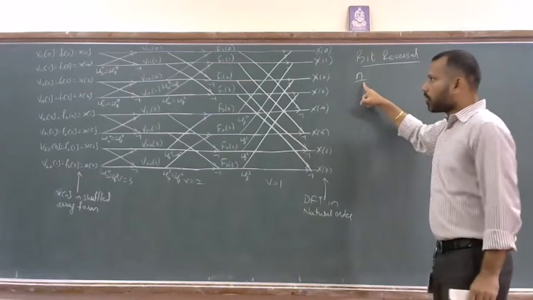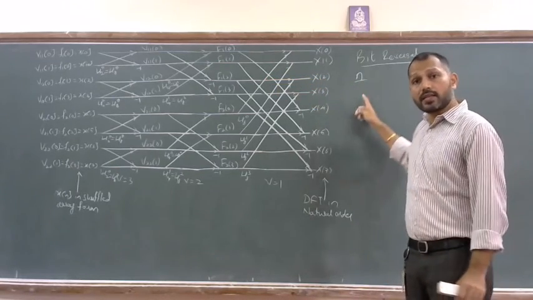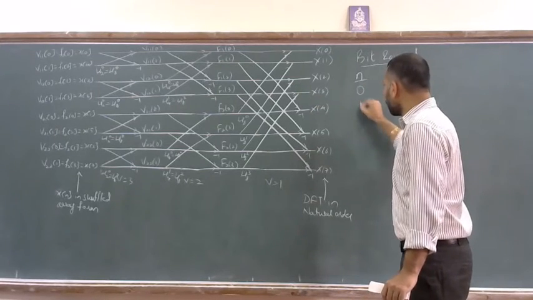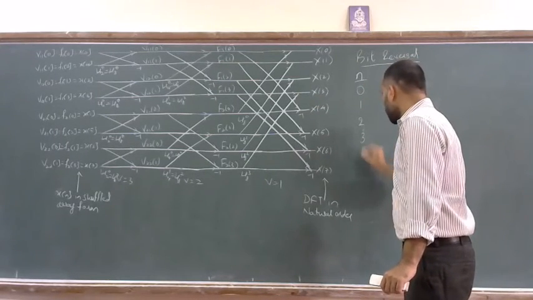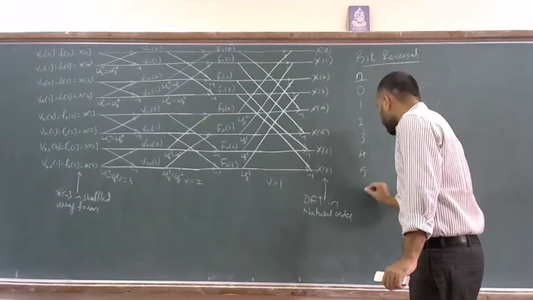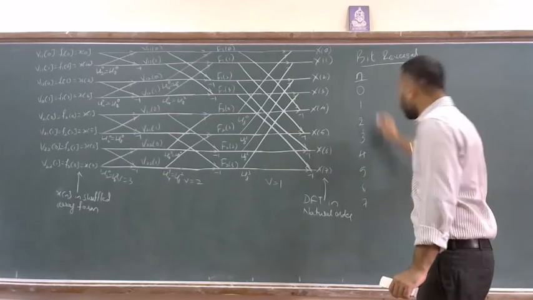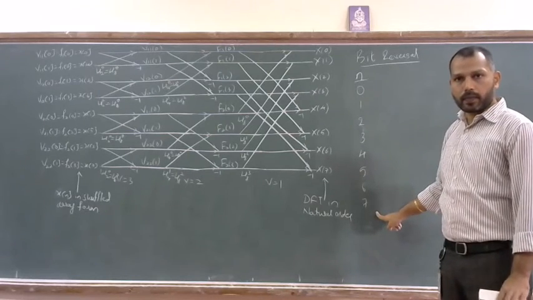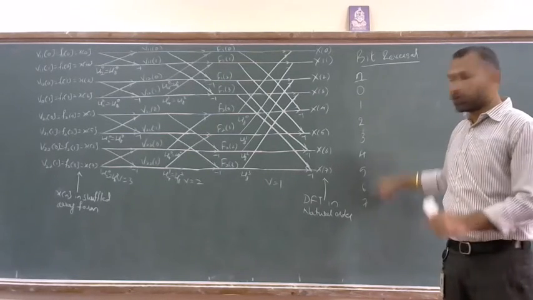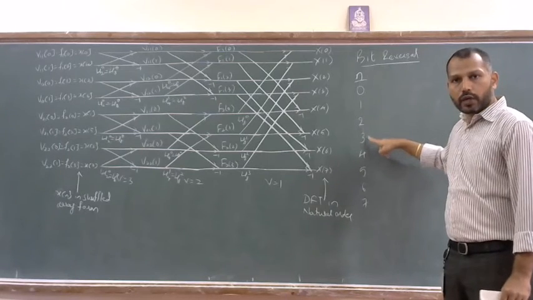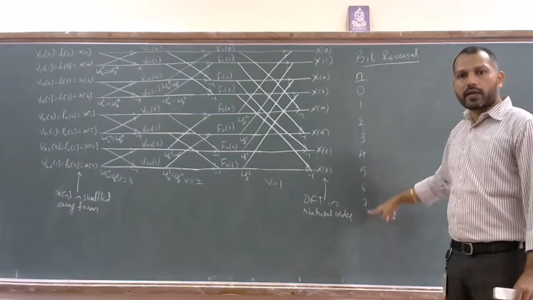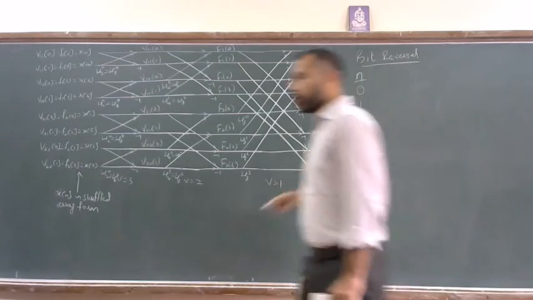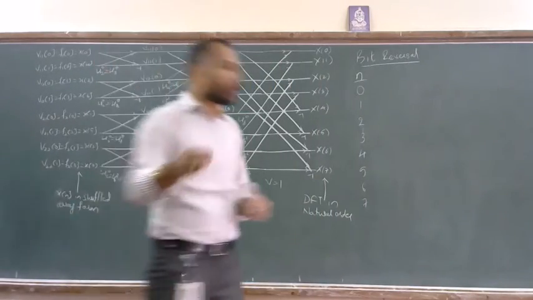What was the natural order of n? n is the index of the discrete time sequence. The natural order of n was 0, 1, 2, 3, 4, 5, 6 and 7. For an 8-point DFT, it will be from 0 to 7, with index values x of 0, x of 1, x of 2, x of 3, x of 4 and likewise till x of 7. Now what will be the binary representation for this? If we use 3-bit binary,